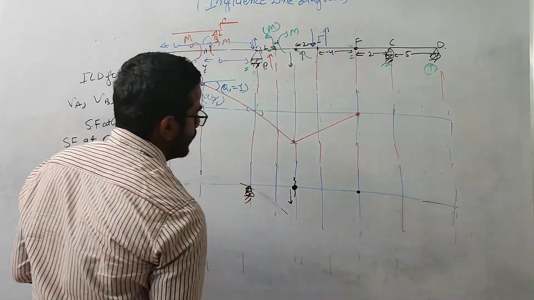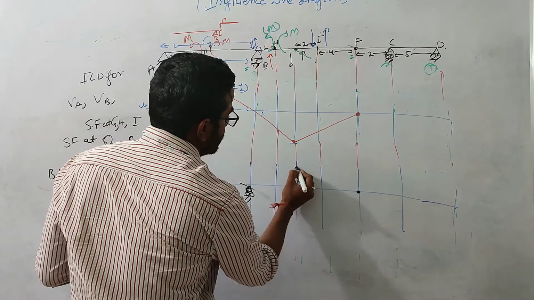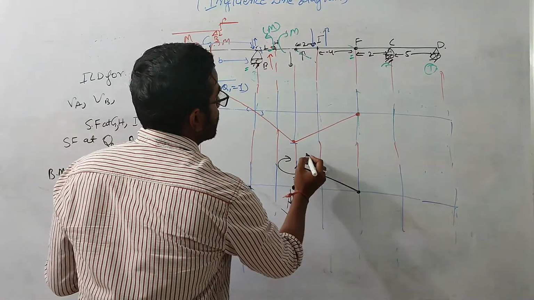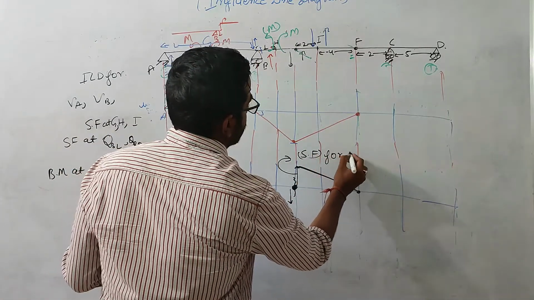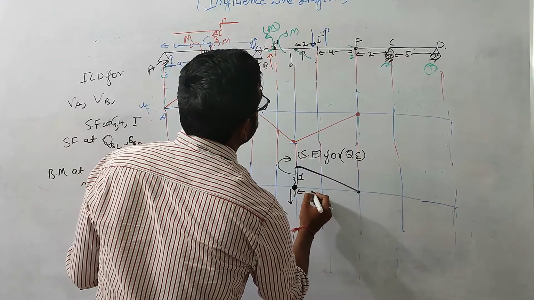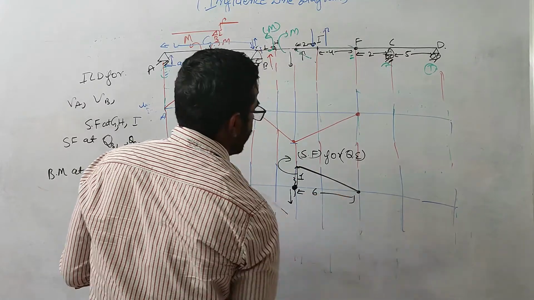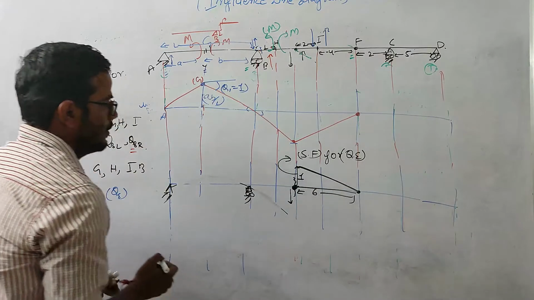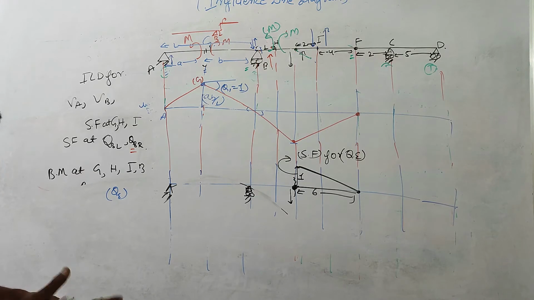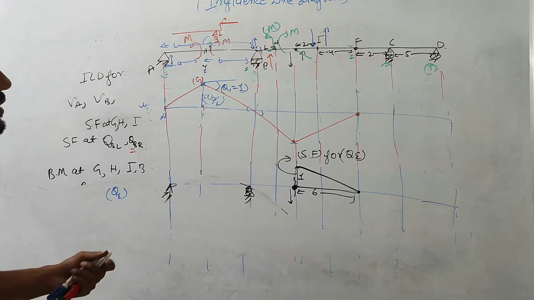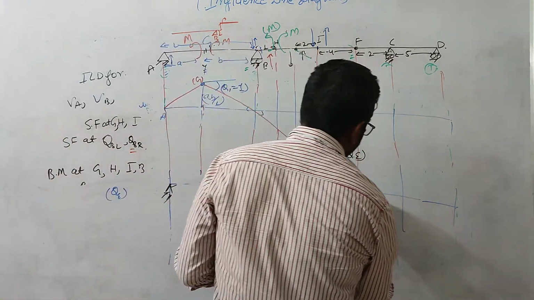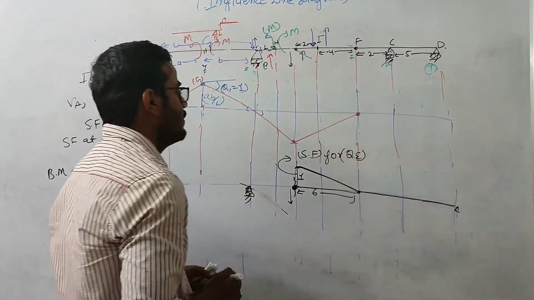One hinge is at F. If I apply the shear deformation in this direction, it will deflect like this. So this is the shear force QE, and the ordinate will be nothing but the unit deformation, and this distance is nothing but 6, so there is nothing to find. This will be the ILD for shear force at point E, where we have the hinge. This is the important case, right? Basically, you need to maintain the boundary conditions. That is the most important thing to draw the deflection diagram in the Mueller-Breslau principle.